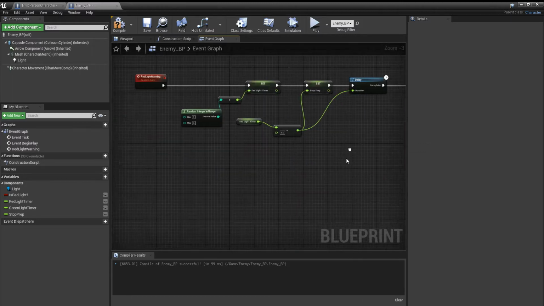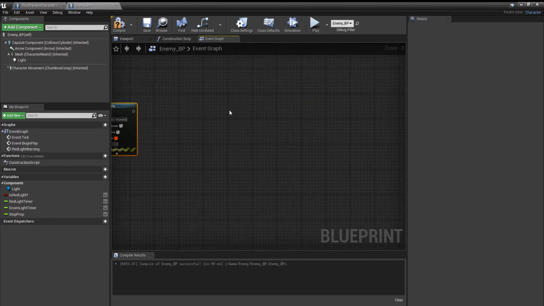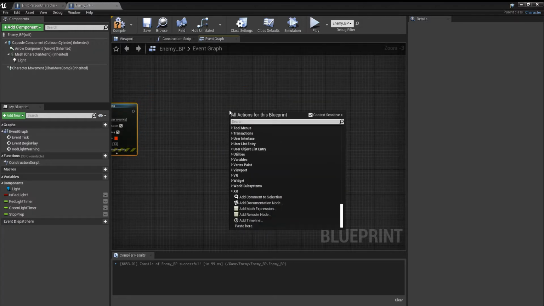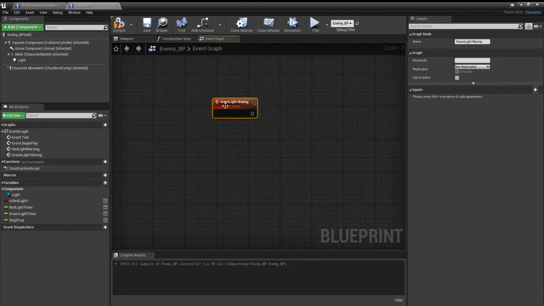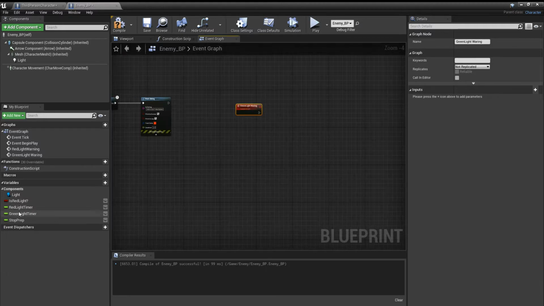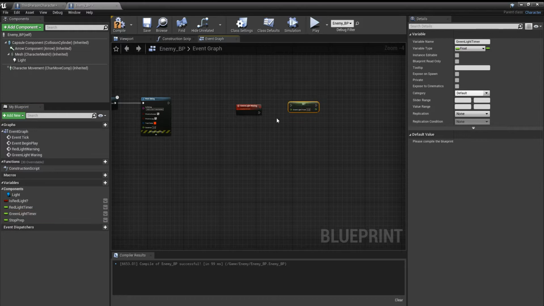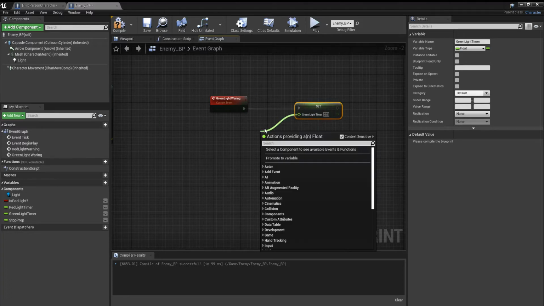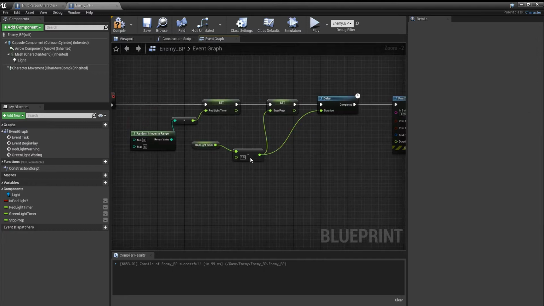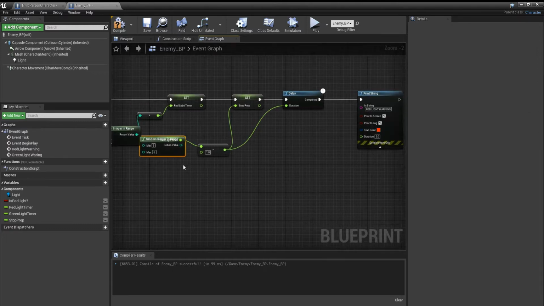Okay, so now we need to go and do the same thing, but for a green light warning. It's a little different. Add custom event, green light warning. And it's not really a warning in this case, and you'll see what I mean. Okay, so again, we drag in green light timer, set it, because when the green is ready to go, we don't need to warn the player. They can go instantly. So the green light timer wants to be, again, a random integer in range. So just to speed things up, I'm just going to copy this,